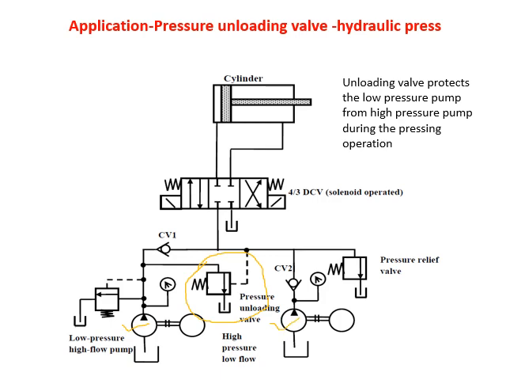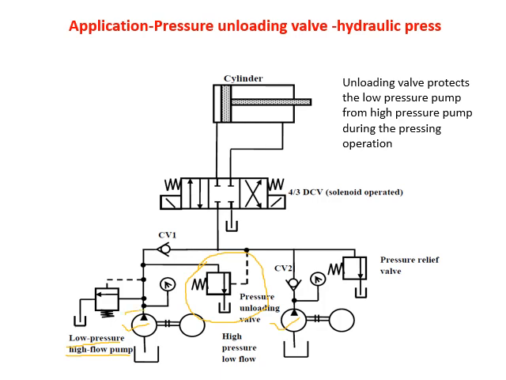The usual application of this is in a hydraulic press, where for the clamping of the job you don't require much pressure or force. That is why the clamping operation, or the operation of that particular hydraulic ram to reach towards the job, has to get completed faster. So for that you need high flow, that is, more discharge and more velocity of the actuator, which is achieved when this pump is supplying.